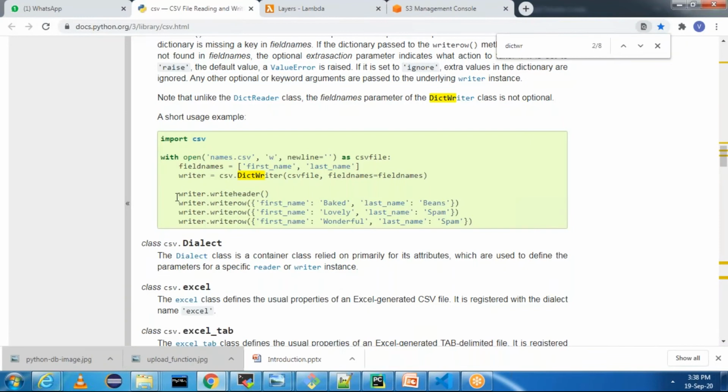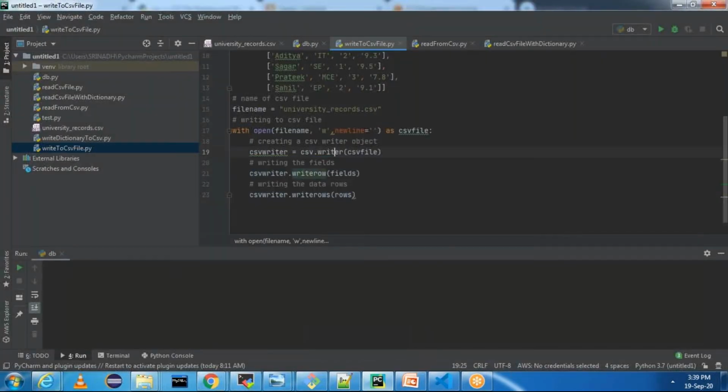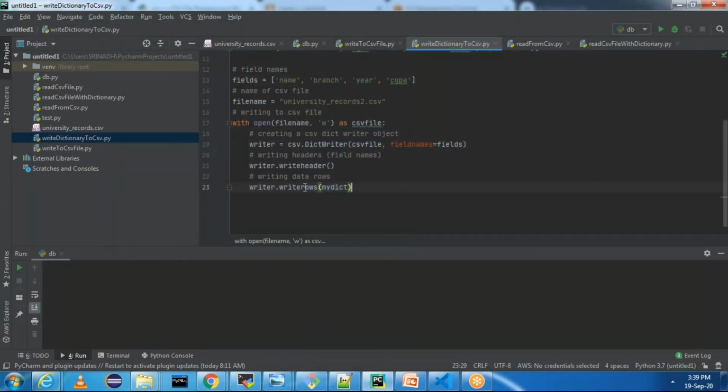After this, we just need to say write header, and then we need to say write row. As we already have multiple rows, you can use another function. Let me show you that. You have write rows. You can directly use write header and write rows. You don't want to write multiple things.